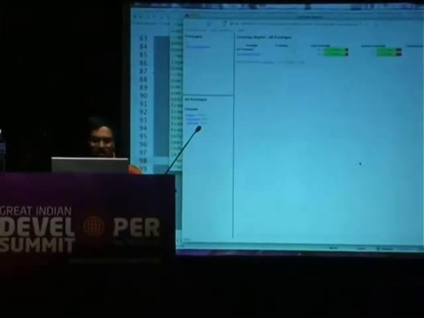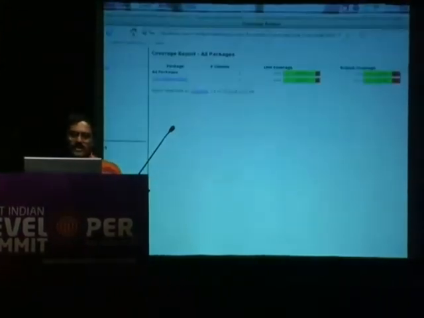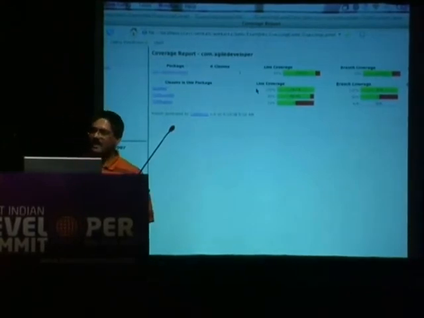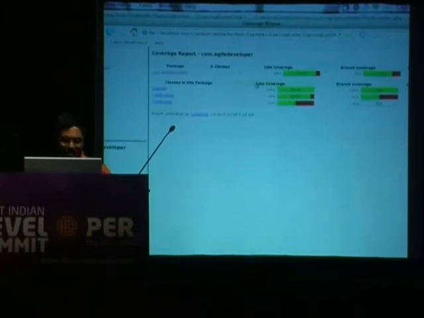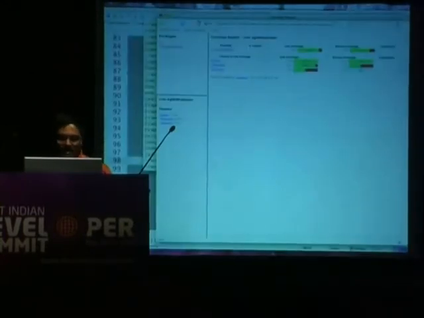Let's make that a little bit bigger for us to see. If you notice, this is a result from Cobertura, and I click on this particular package, and within this package I have Guesser. Hey, look at that, that's 100% code coverage. This is my lucky day, right? But life is not that easy all the time,